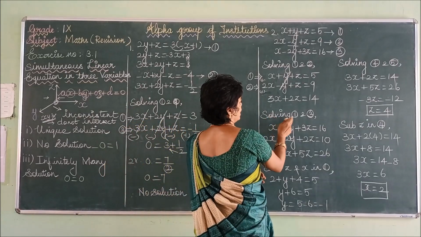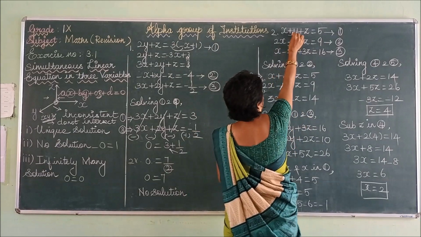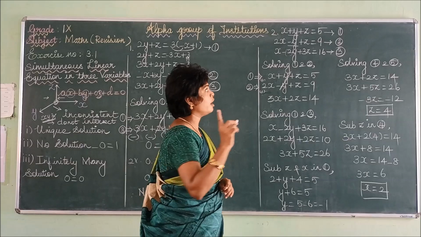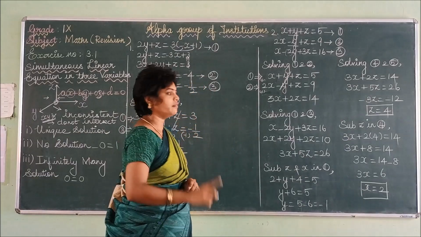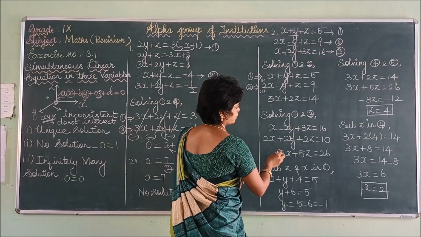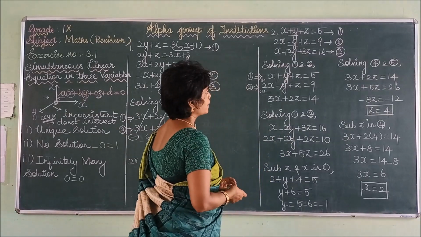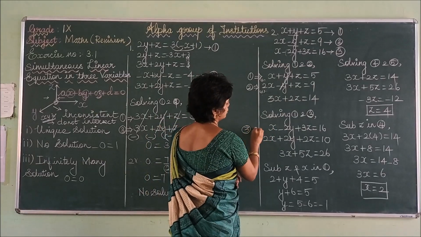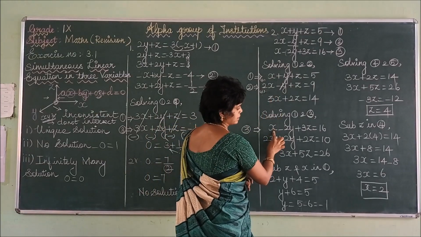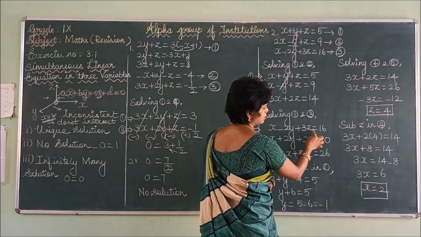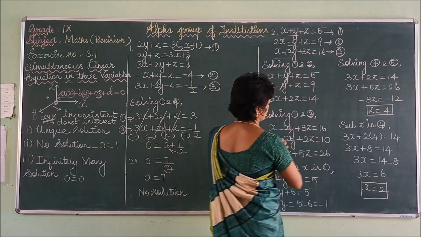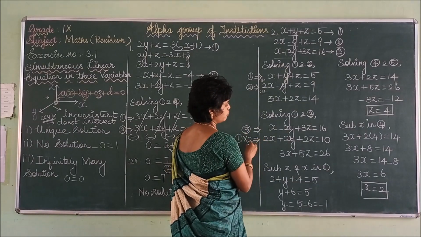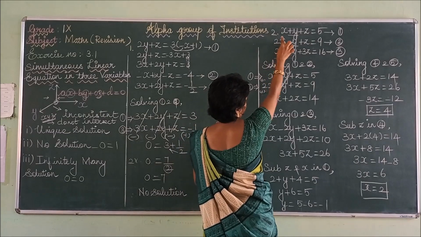So listen. Now I am taking the first and third equation. In the first and third, here the coefficient is minus 2 and here the coefficient is only 1. So you have to multiply the first equation throughout by 2. So this is the third equation: x minus 2y plus 3z equal to 16. I have written the third equation first and the first equation into 2. Throughout you have to multiply the first equation by 2.